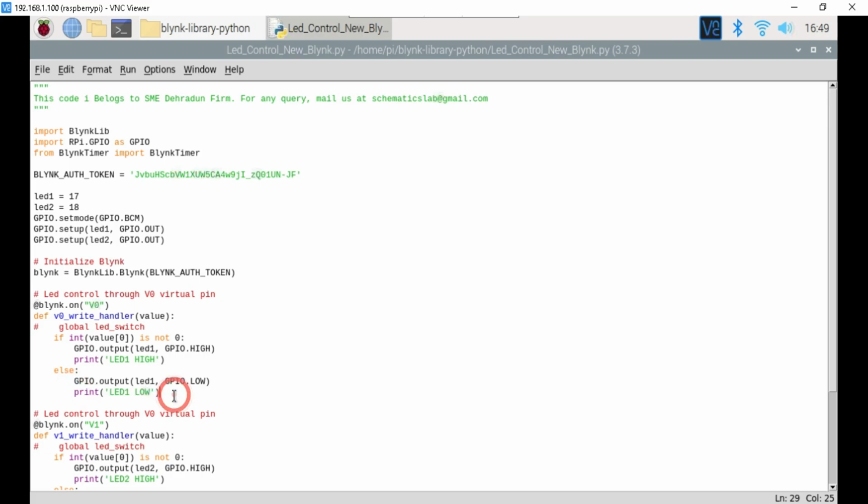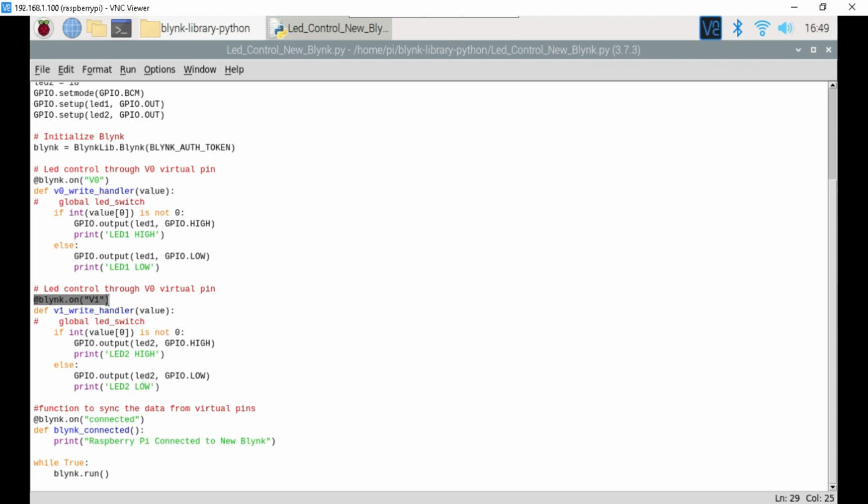and print LED1 low in the terminal window. Similarly, we call the function for the V1 virtual pin and store the value in the value variable. If the value is high, then we digitally set LED2 high and print LED2 high in the LX terminal window. And if we receive low, then we will digitally set LED2 low and print LED2 low in the terminal